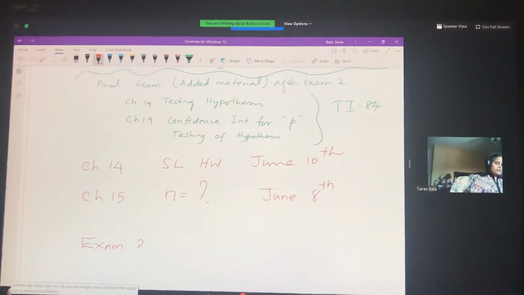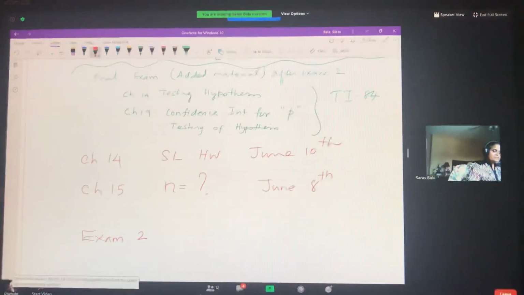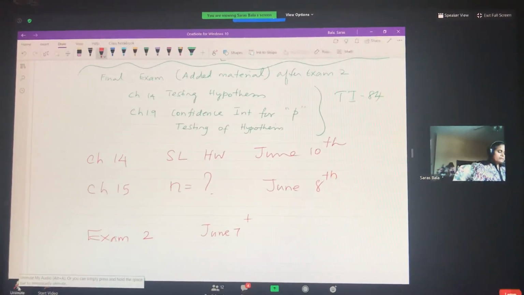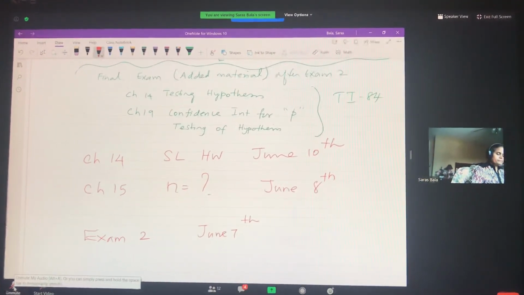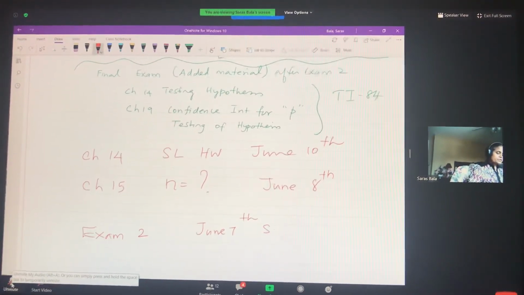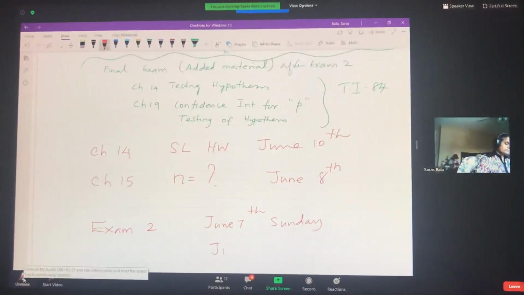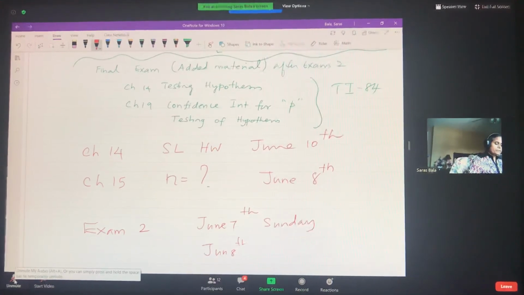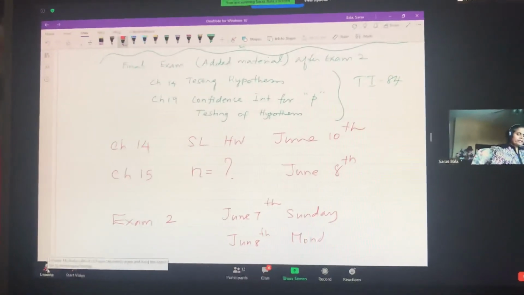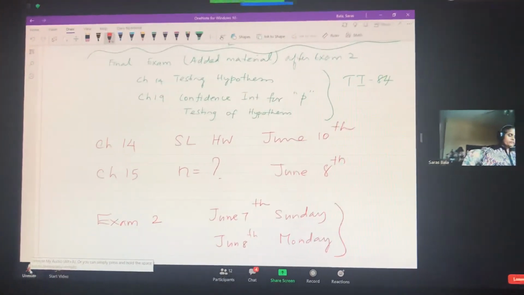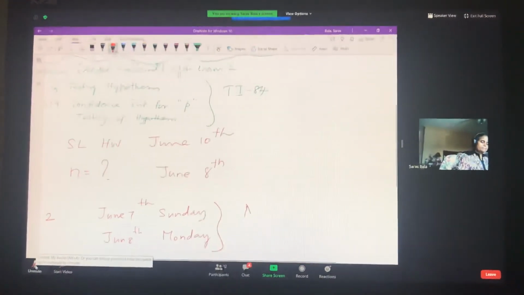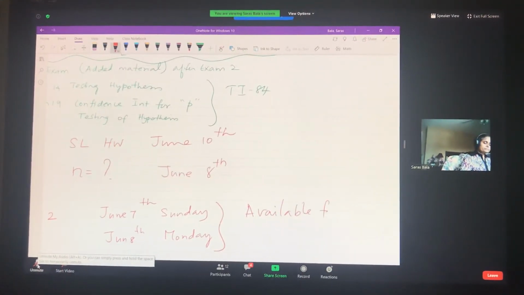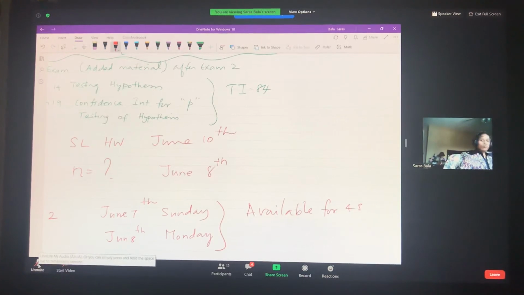And then Exam 2 is going to be available on June 7th, which is Sunday, and June 8th, which is Monday. So it's going to be available for 48 hours. So the Chapter 14 homework is due after the exam, but that content will still